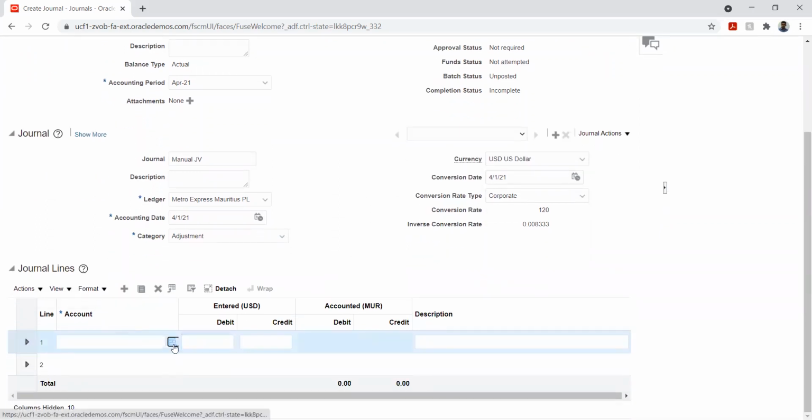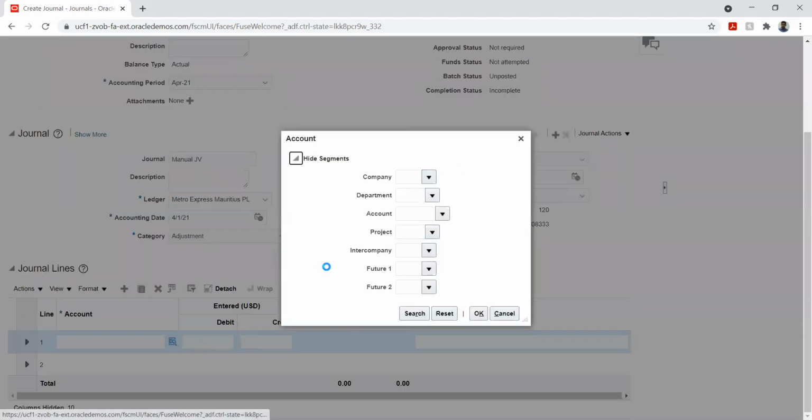Okay. So this is what conversion is about. Basically, on the fly, the system will convert these balances from one currency to another currency. So this is what we call the conversion process. Okay.